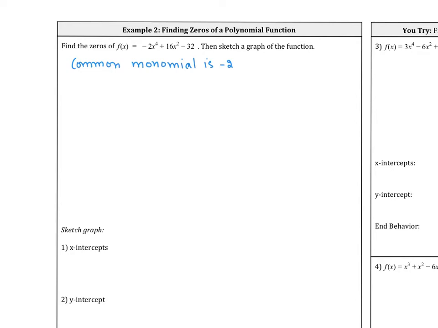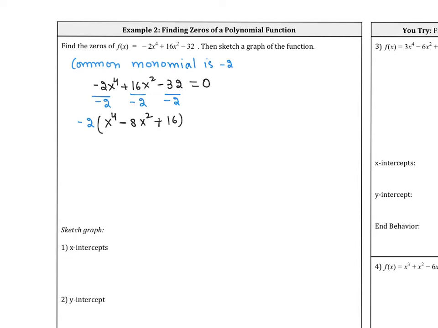You're going to rewrite the function negative 2x to the 4 plus 16x squared minus 32 and put that equal to 0, because you're going to find the zeros. Now you're going to divide each term by negative 2. The reason we use negative 2 is that we want to make the first term positive. So factor the negative 2 out. Inside you're going to have x to the 4 minus 8x squared